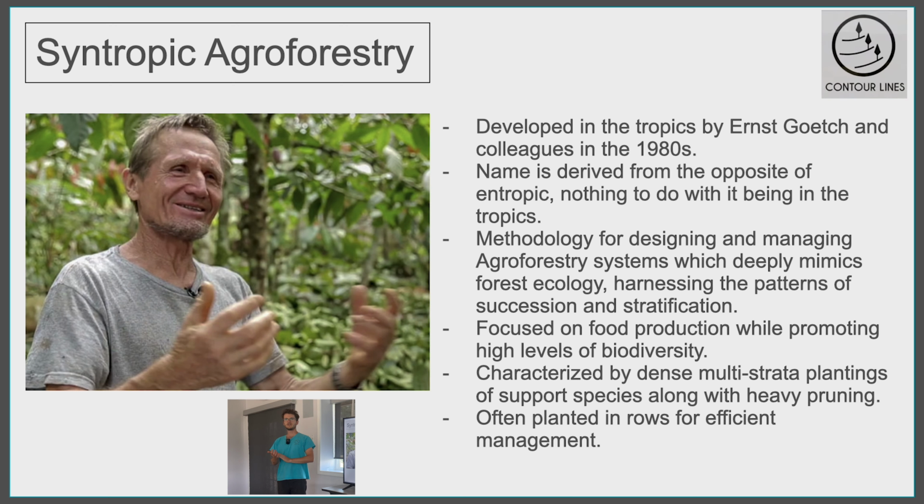He bought hundreds of hectares, I believe, in Brazil that was degraded cow pasture and proceeded to plant it out heavily with seeds of the native forest. And he planted such a diversity of support species and a density of support species. And he noticed that during a hurricane, so his main crop is cacao, and he noticed during a hurricane